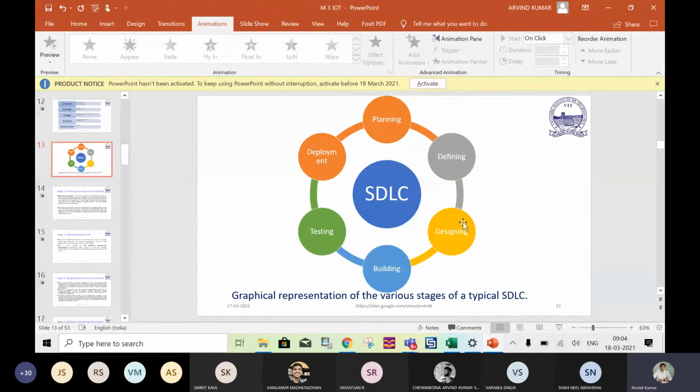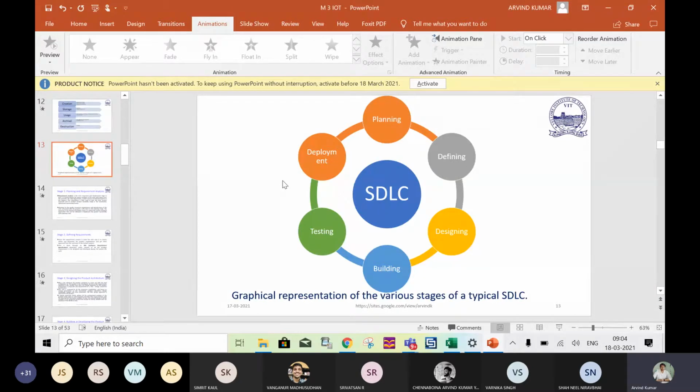Then it comes to the building and testing department, where the engineer or developer will write the code and do the testing, as per the model suggested by the architect. And then finally the deployment in the market. There you can gather feedback from the customer again, and you can modify. That also depends on what kind of model you are going to use. So a few steps we have studied: planning and requirement,